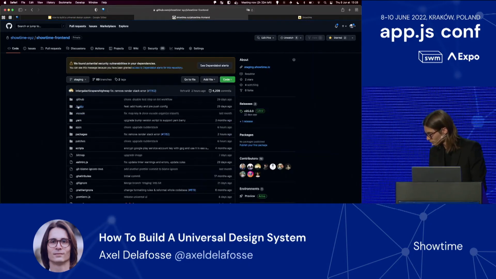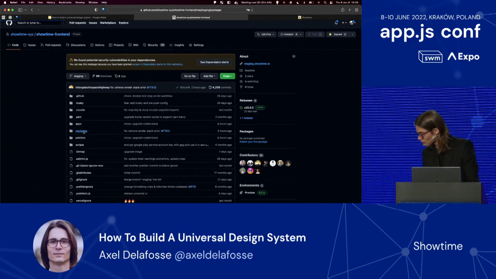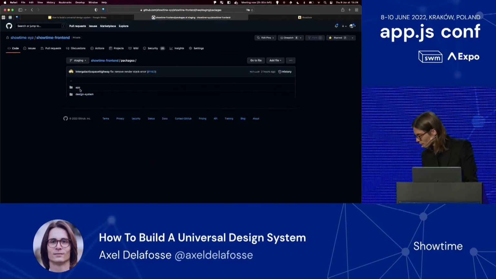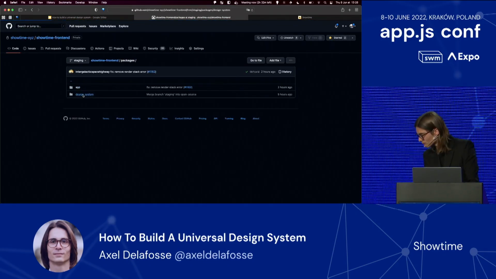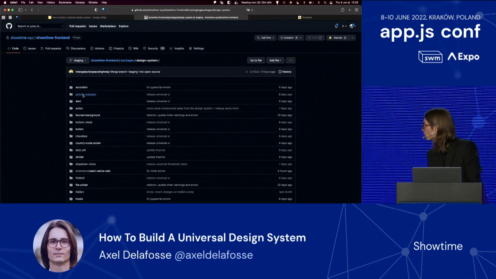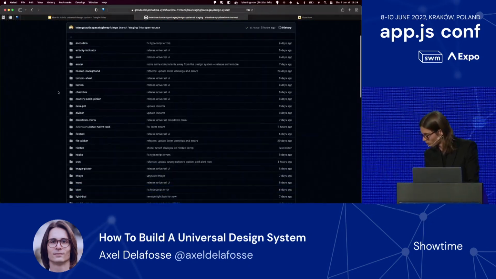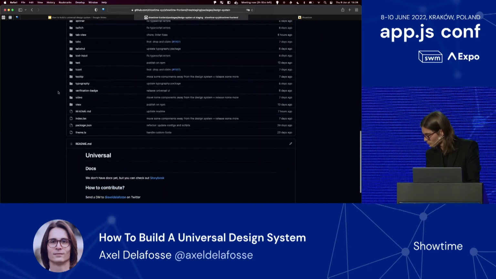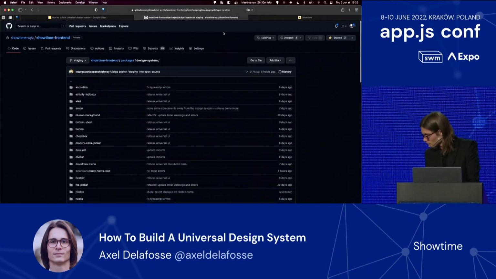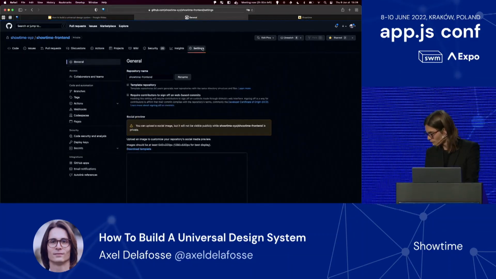And we also have the packages with our universal app and the design system. And so the design system is obviously what I've been talking about for a while. And so you can see that's pretty much a lot of work we did in the last 6 months. So I'll just go ahead and